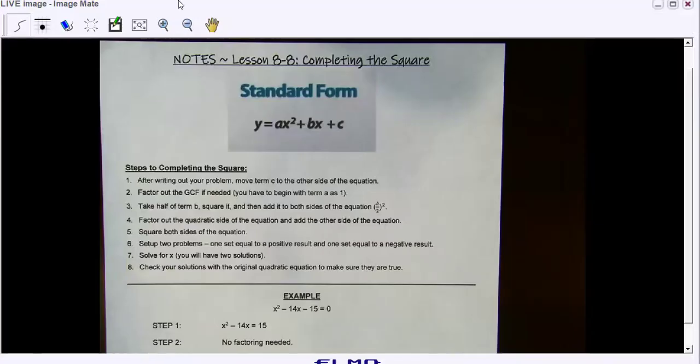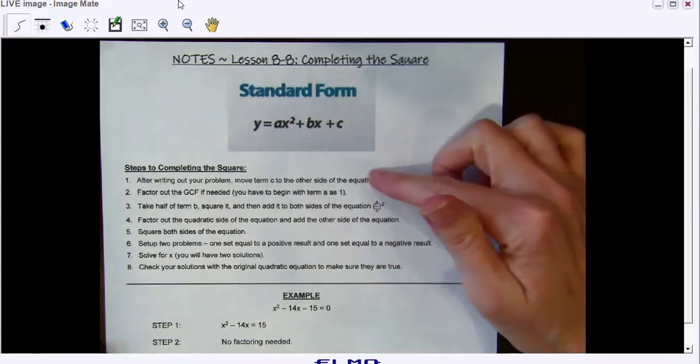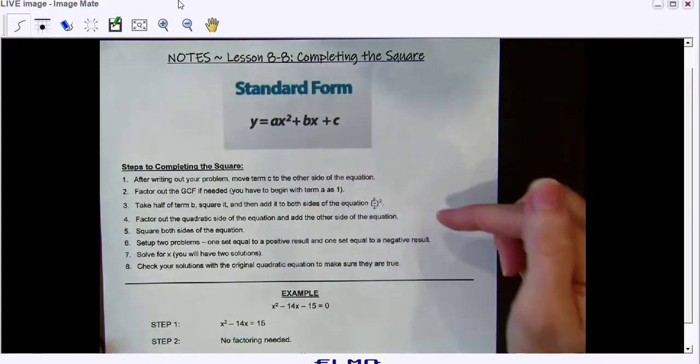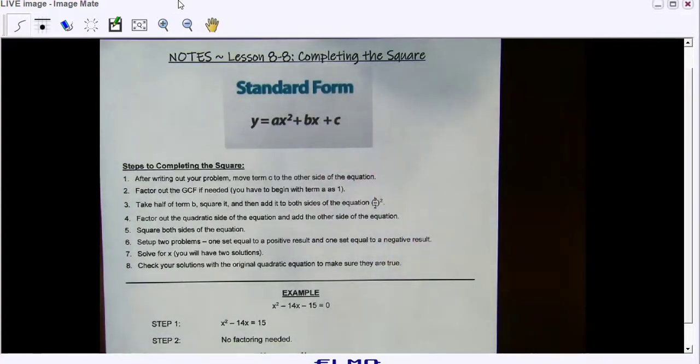So today we're going to be learning lesson 8-8, which is completing the square. Typically, this lesson would be taught before lesson 8-9, but I think you guys have learned 8-9 first. Completing the square, I really wanted to be with the class to teach this lesson because it can be a bit confusing. But as long as you follow these steps on this method, then you should be able to solve